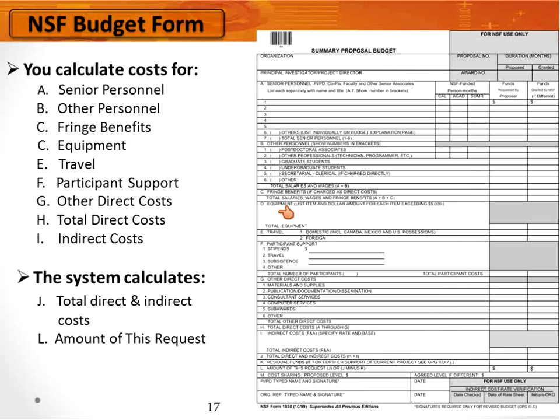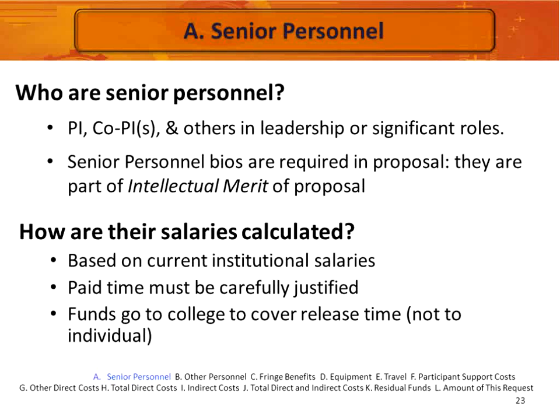Now let's look at these budget categories. As you can see, there are two personnel sections. Section A is senior personnel and Section B, other personnel. There's a separate Section C for including fringe benefits that are associated with personnel costs at your institution. The senior personnel category typically includes the principal investigator, co-principal investigator, and others in leadership or other significant roles who